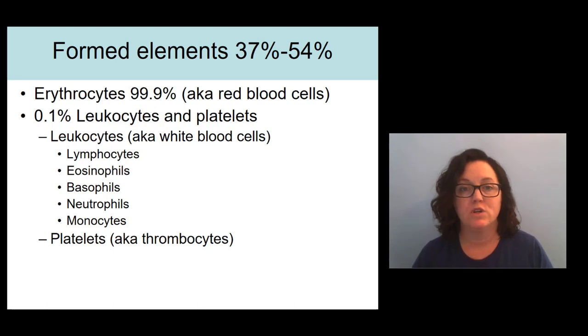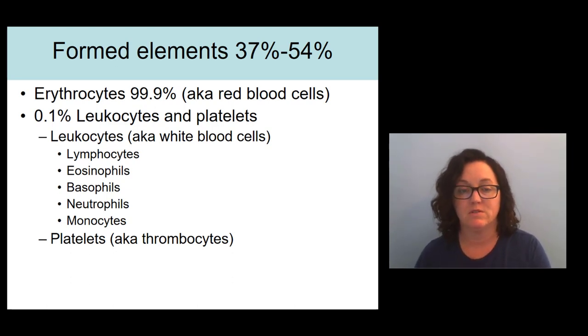The last part of this video is looking at the formed elements in just a little bit more detail. So as I mentioned previously, 37 to 54% of your blood is going to be the formed elements. 99.9% of that is going to be the erythrocytes or red blood cells, which have the main job of carrying oxygen. The remaining 0.1% is going to be made up of both leukocytes, white blood cells, and platelets, which are